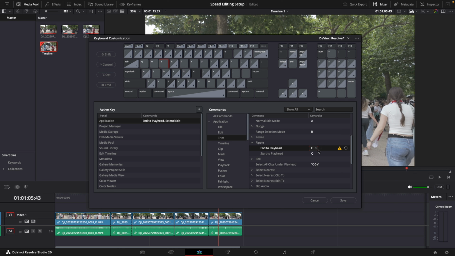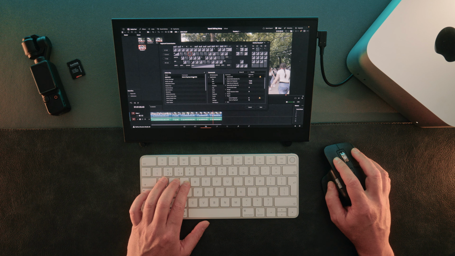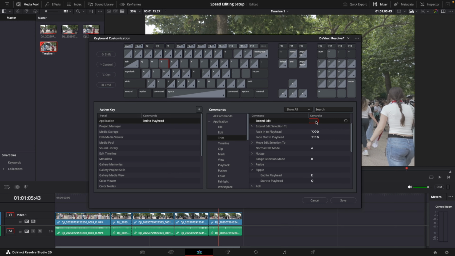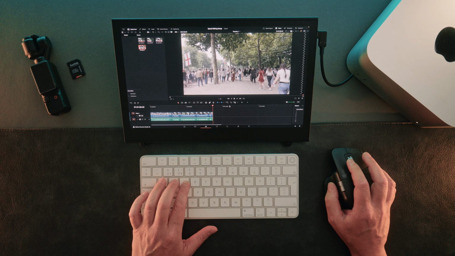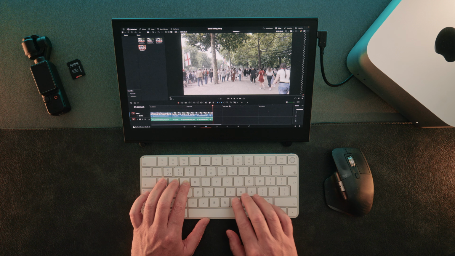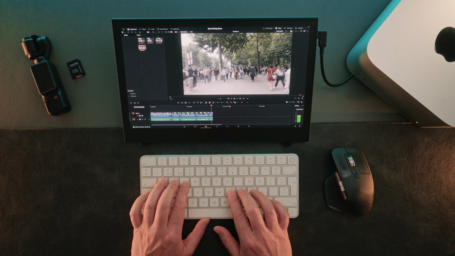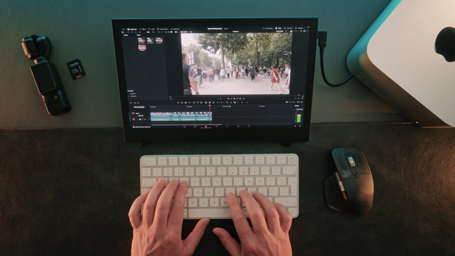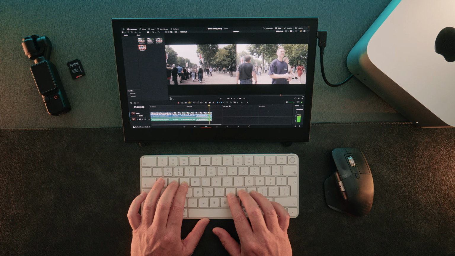Now, you might get that come up. That means that there is something else assigned to the E key currently. So we want to get rid of that extend edit. So just get rid of that. So now we should just have, save that, speed edit. Now if we just close that, we can do that, but currently we can't